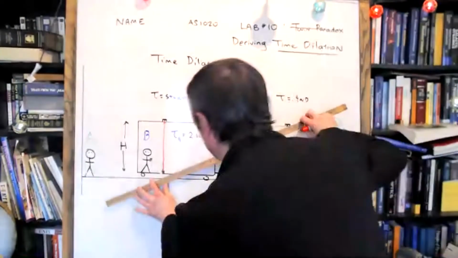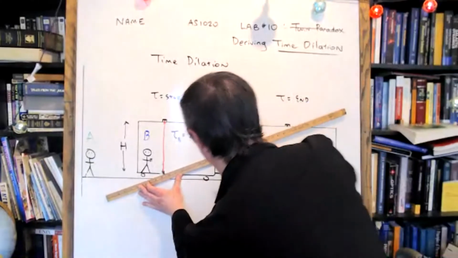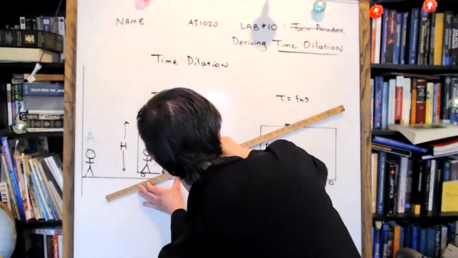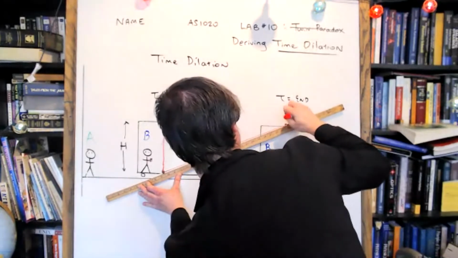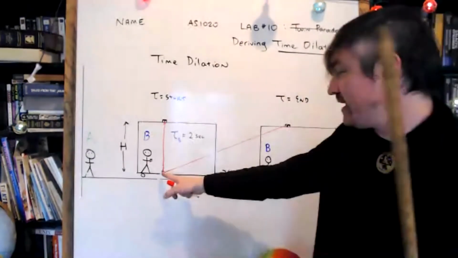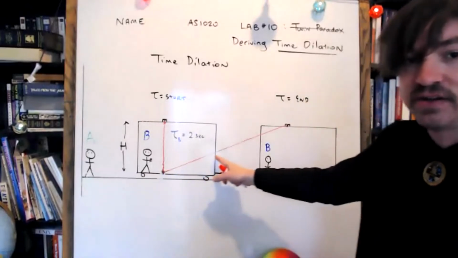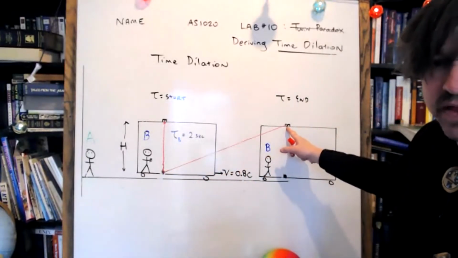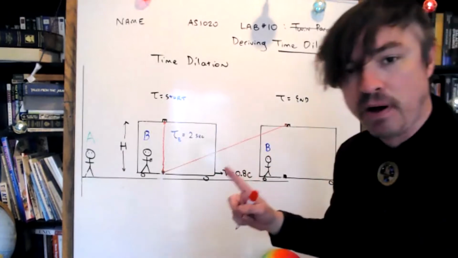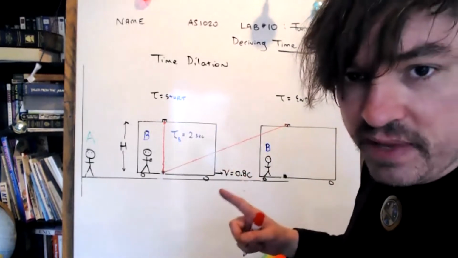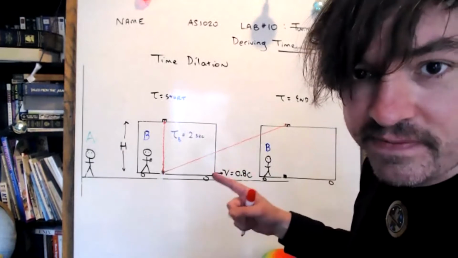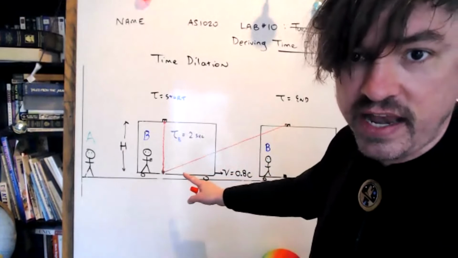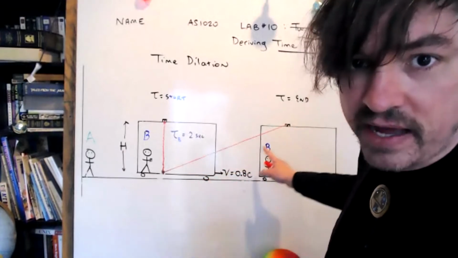Okay, according to observer A, as the cart rolls forward in time, the path of the laser beam will actually be a diagonal, traveling from here when the laser is fired and carried forward in time to when the photons are captured by the counter at the end. I want to pause here and make sure you guys are with me, because it's easy to get lost at any step of this process. Does that make sense to you? That A will see it travel along a hypotenuse.